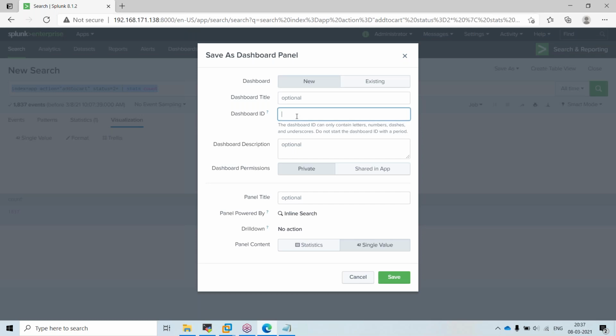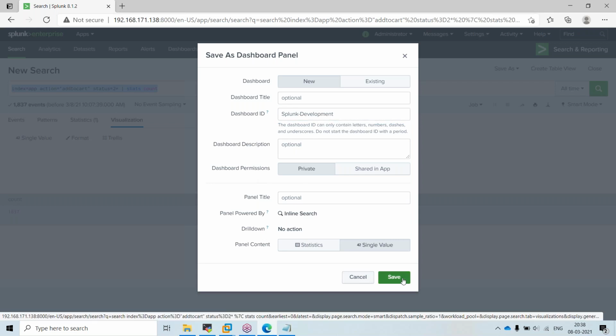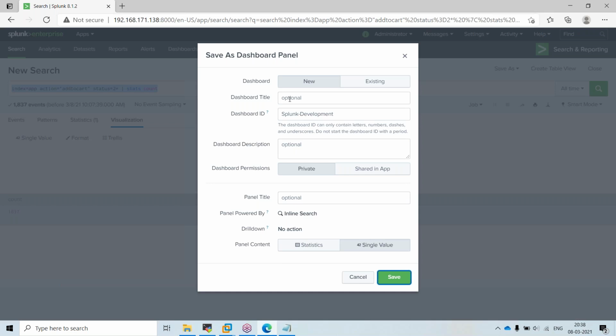Here I'm creating a new dashboard, something like Splunk dashboard. This title is add to cart.